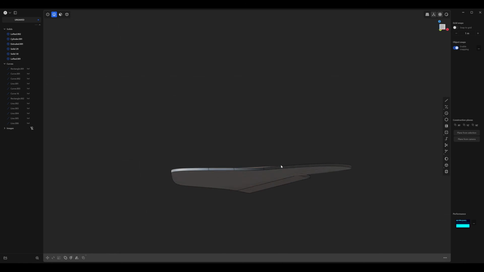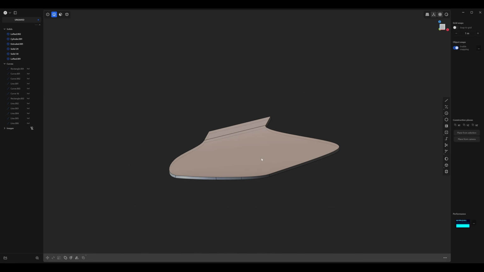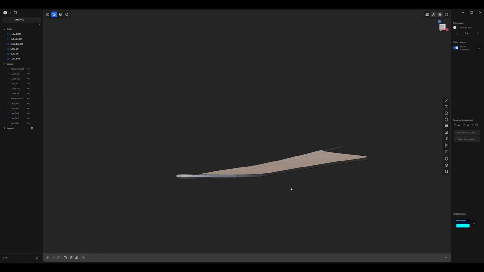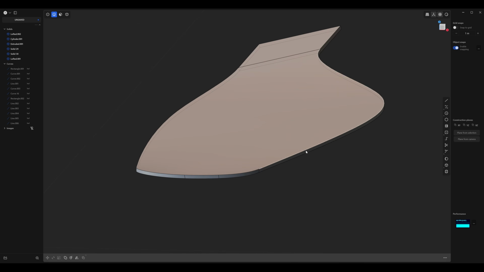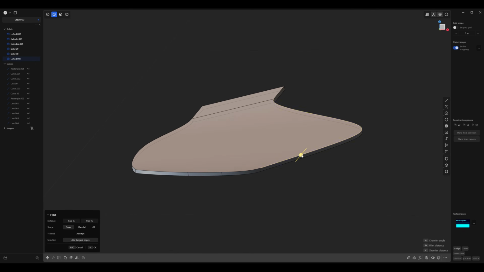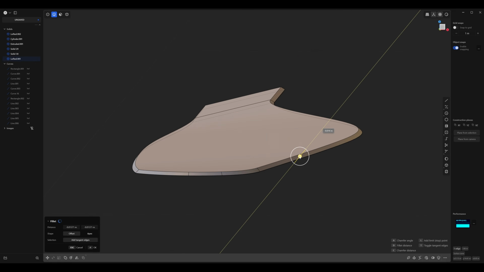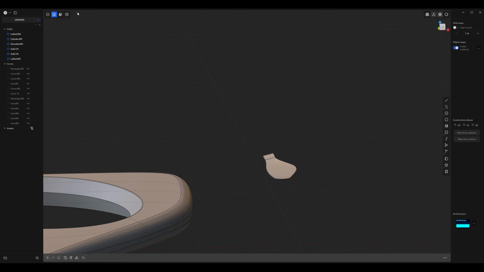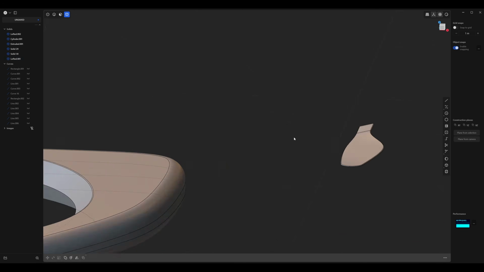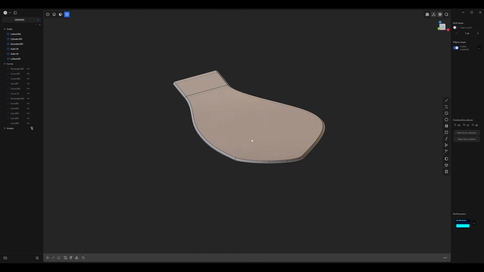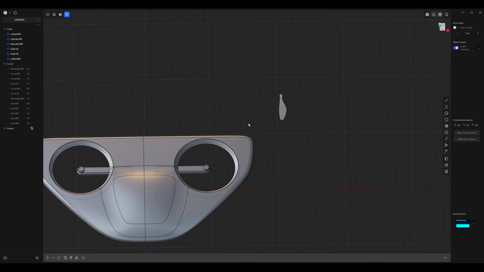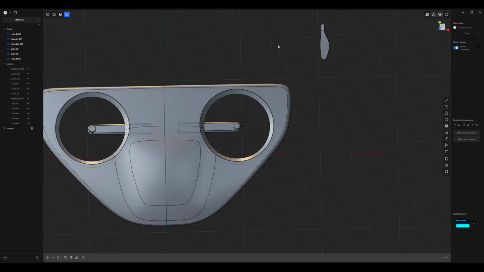All right, next, it looks like it's a bit even throughout in terms of thickness, and we want it to kind of slant a bit. So press 2, we're going to select any of these top edges here and give it a bit of a chamfer. And maybe one side would be chamfered and not the other, but in this case, it's just for a little bit of detail on the top, and that should be fine.